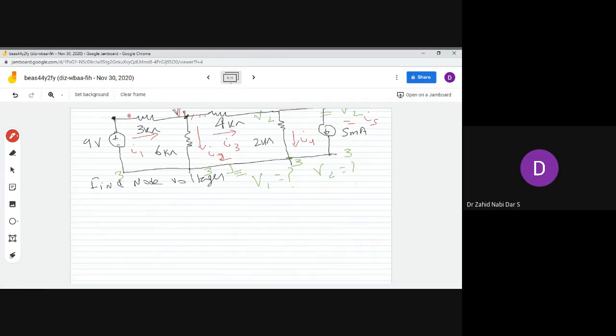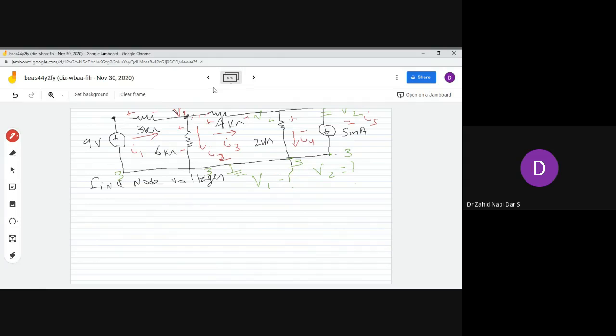Passive sign convention would be plus and minus. So this is my plus and minus, this is again my plus and minus, and wherever you see, it would be like this. Plus minus again. So this is my passive sign convention. Once I have taken my voltage polarities and my current directions according to the passive sign convention,